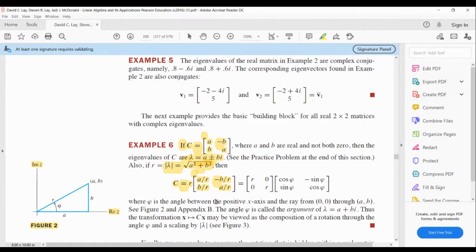But then, very interestingly, you can split that transformation up as a composite transformation, where the matrix on the right, the first thing you do is you rotate the points. If you multiply that matrix C by a vector, first thing you're going to do is rotate the points by that angle,